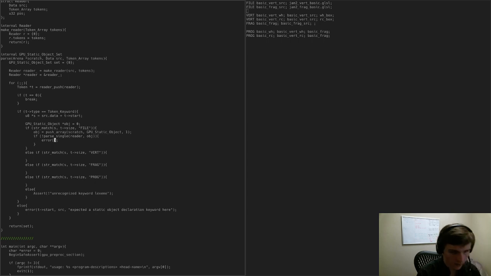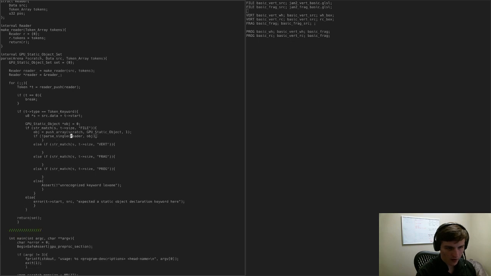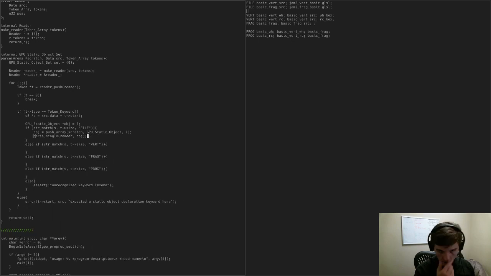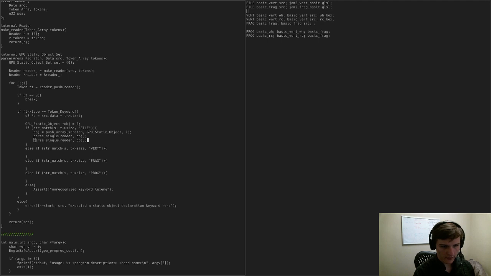Yeah, okay, no. Maybe at some point I'll have to think about how to do smarter error messages than that, but that's what we're going with for now, is this. So parse single from the reader, and then parse another single from the reader on that object. And then